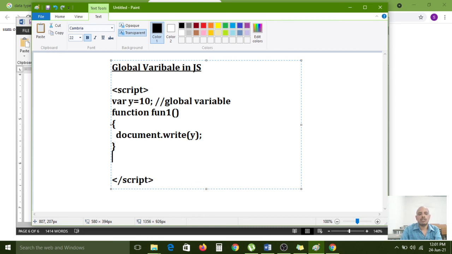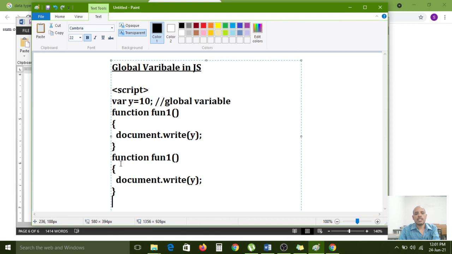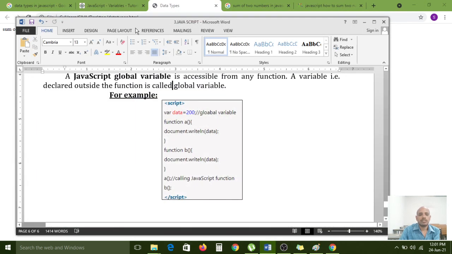Function 2 also works like that and accesses the y variable, no problem, because the y variable's lifetime is the entire program execution. Like that we have to create the variable.